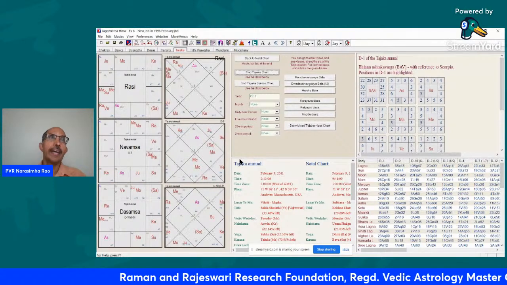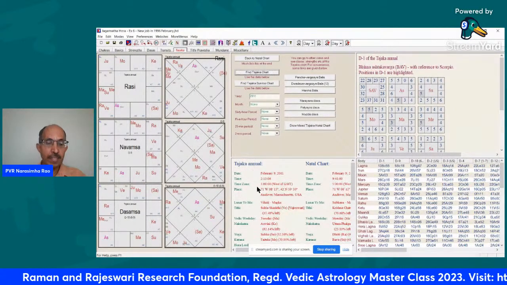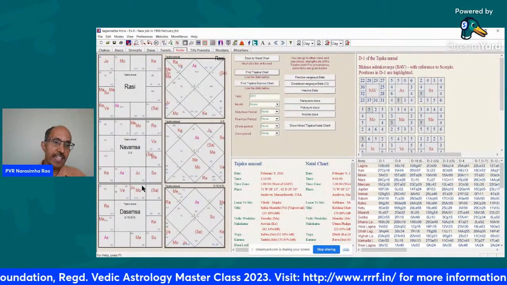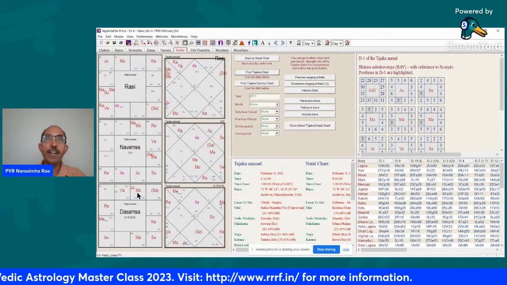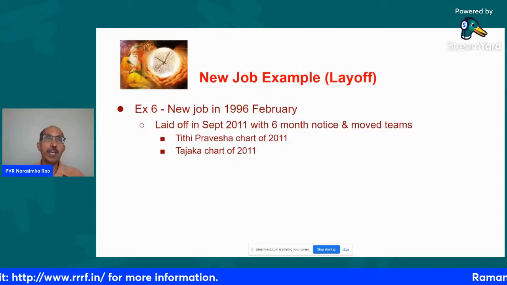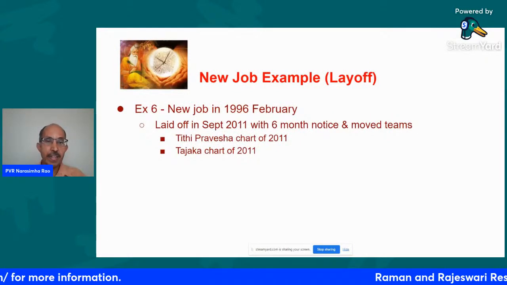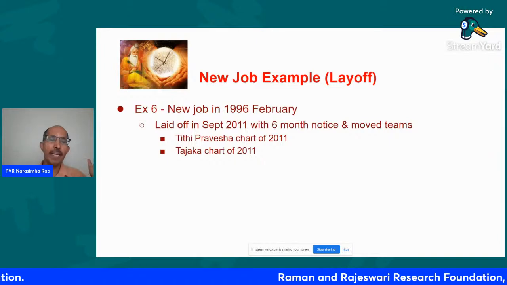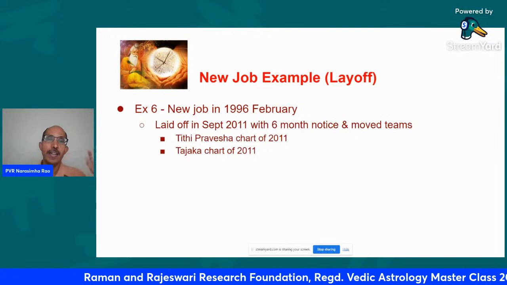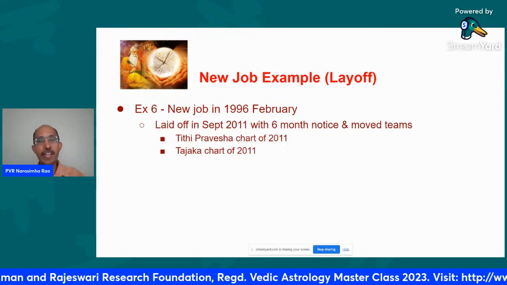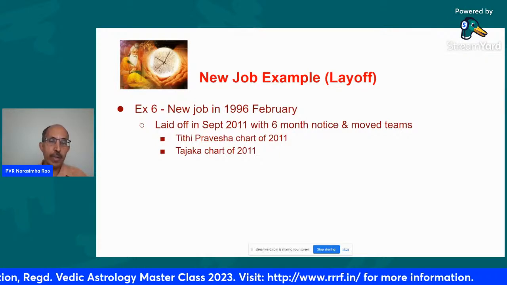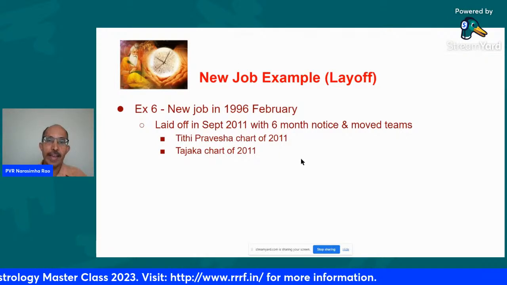So he ended up keeping his job. Not the same job. There was a change in the job, which is probably because the Lagna Lord is in an inimical sign in the 6th house with the 8th Lord. But he remained with the company. The nature of the work changed. He was managing a big team, and they got out of a line of business. So he lost his entire team, but he moved to a different team, and he managed a smaller team which grew later. So let us look at a few other examples.